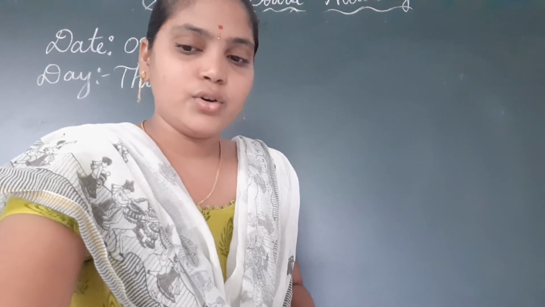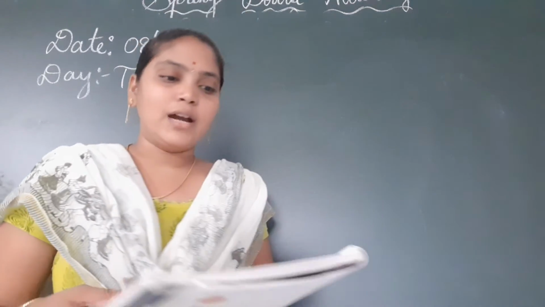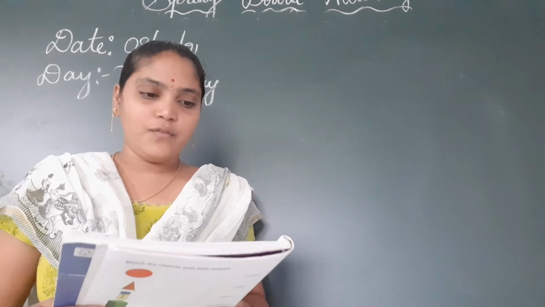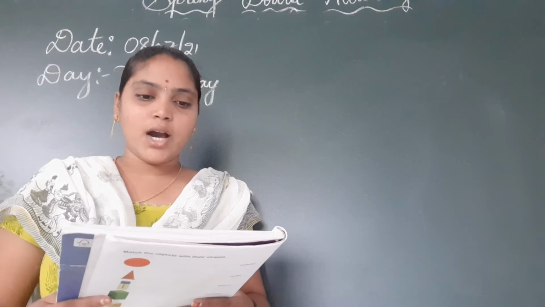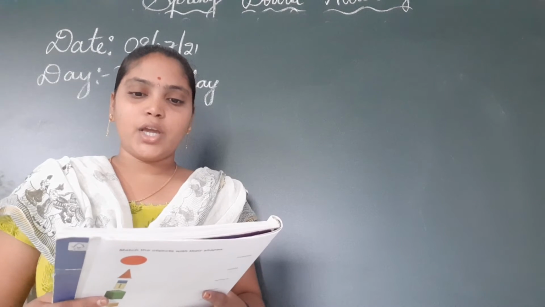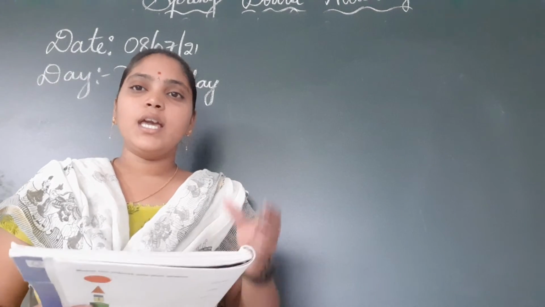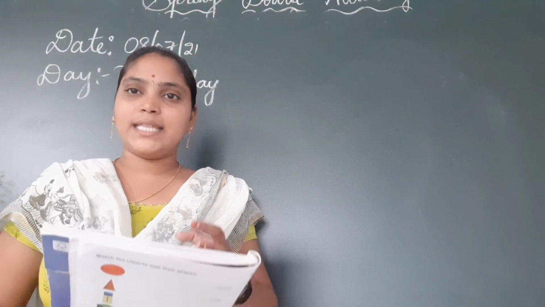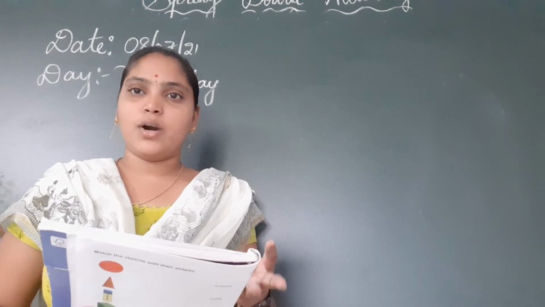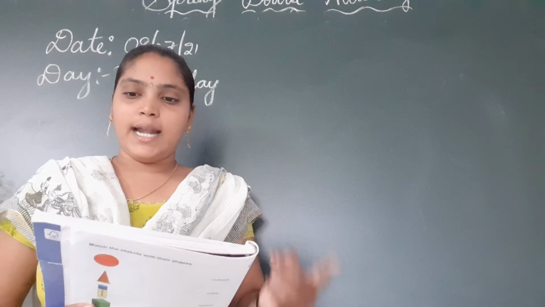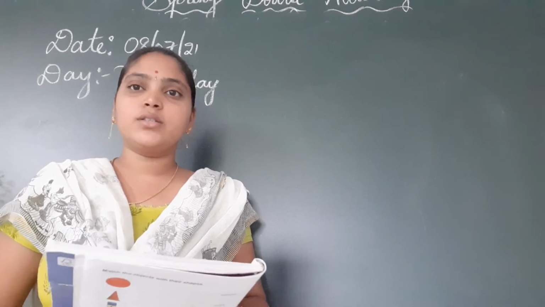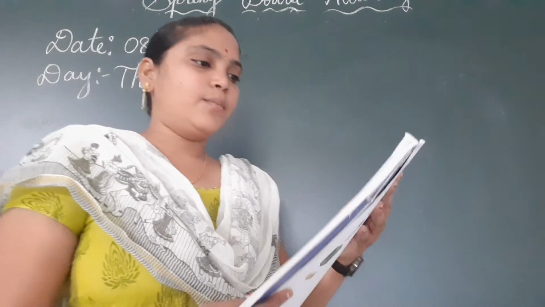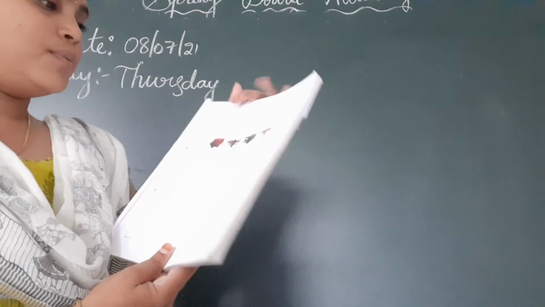And you have to use these objects to create a model like a sofa, a table, a house, a man, a robot from it. Okay. So in this project, what you have to do, children? You have to take these objects like tennis ball, empty thread reel, empty matchbox and shoebox to make any models. To prepare any models, a few examples are given.